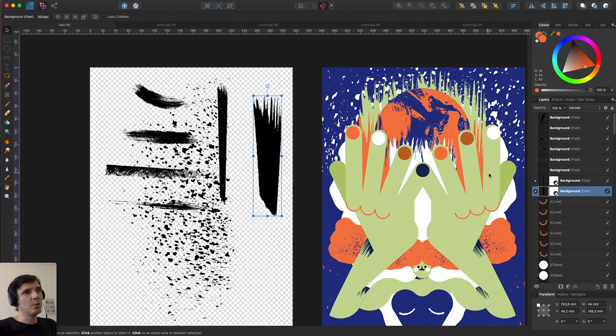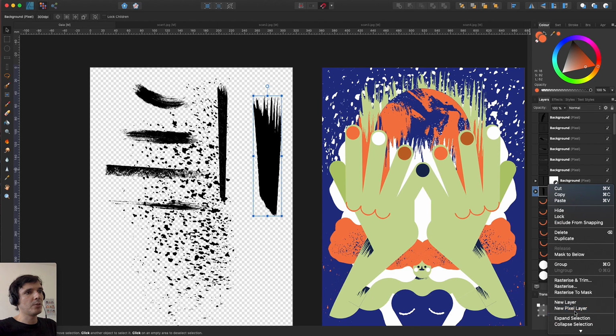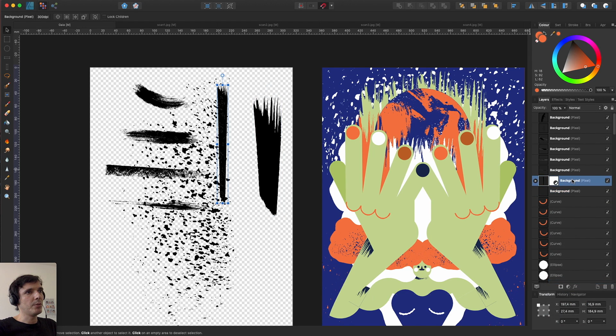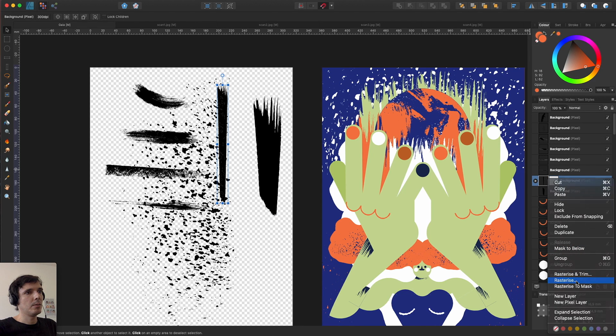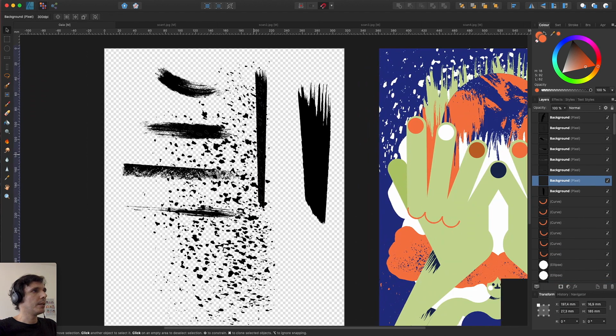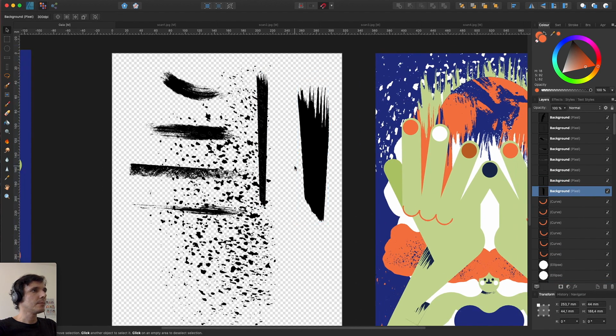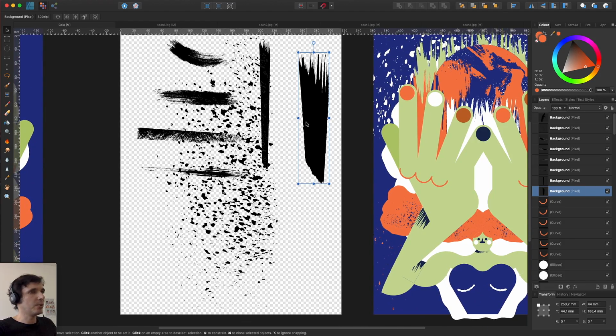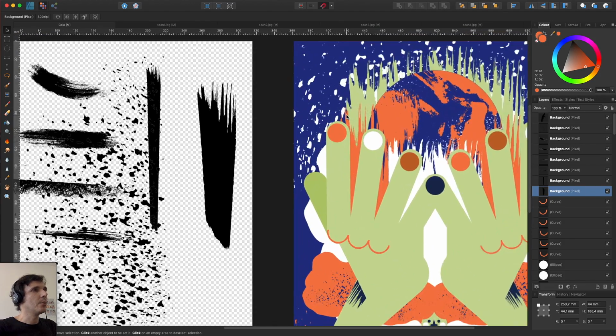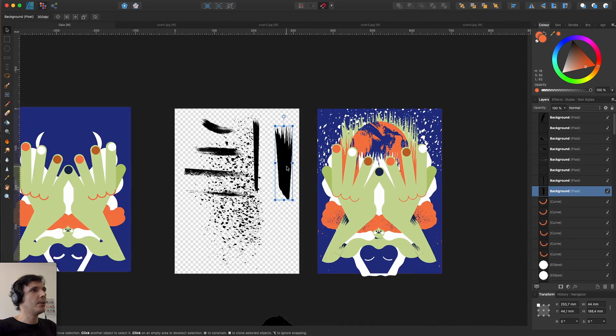Since we used a threshold adjustment here, we just have to rasterize both of them. So it will work. Now the next step is to actually create 3 of them, since we'll have the orange, the green, and the white here.